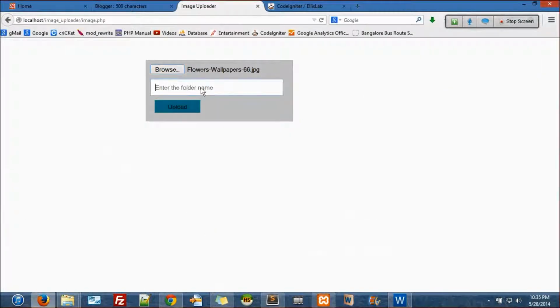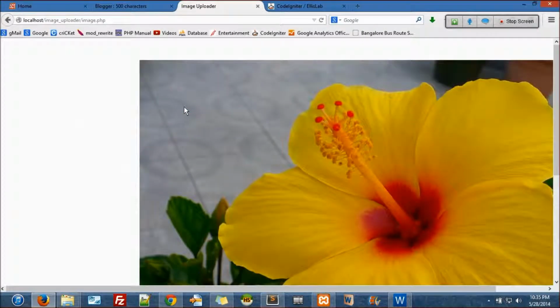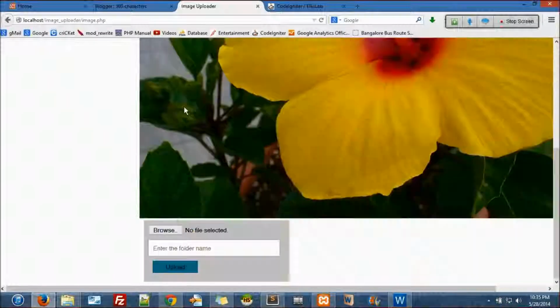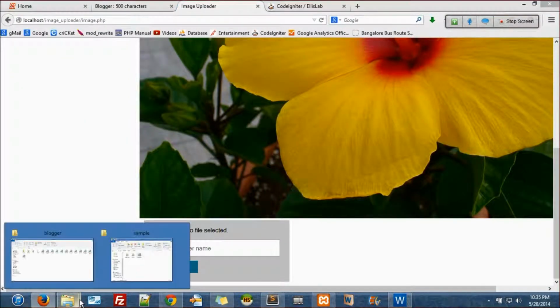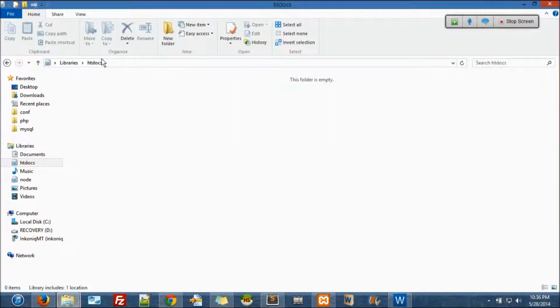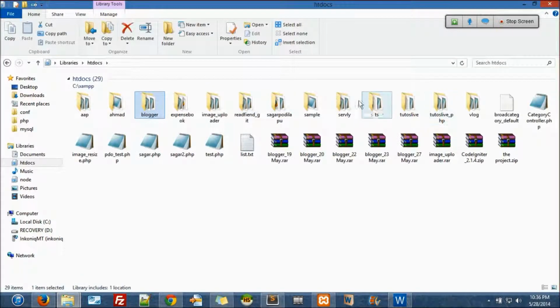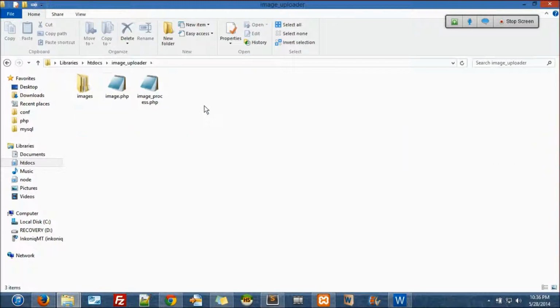Yellow is a folder. So I click here. You see, yellow flower has come here without extension. And let's see the name of the file, this is curious. The htdocs image uploader is our file, and images yellow. You see here, flower, no extension, nothing. Don't worry about extensions.